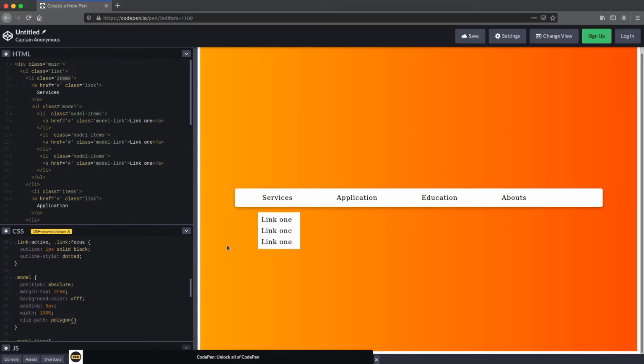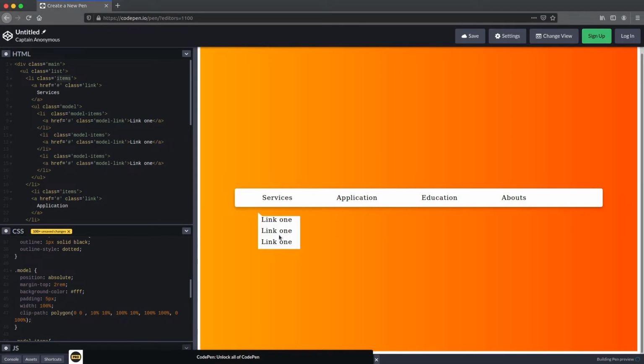I want 0 0, and this point guys I want 10% and 10%, and the next point should be 100% from the x-axis and 10% from the y-axis, and another point here should be 100% from the x and also 100% from the y. And at this point guys I want 0% from the x and 100% from the y. Now we get the desired shape.